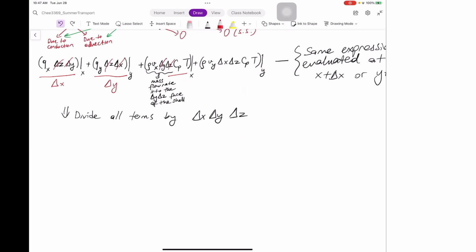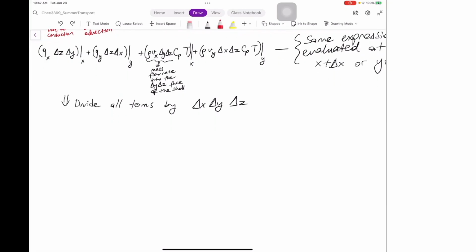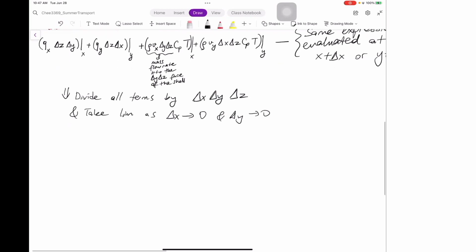And if you combine the x term with the x plus delta x term here, you basically have nothing but the derivative of the qx, right? And take the limit as delta x goes to 0, and delta y goes to 0. And we get